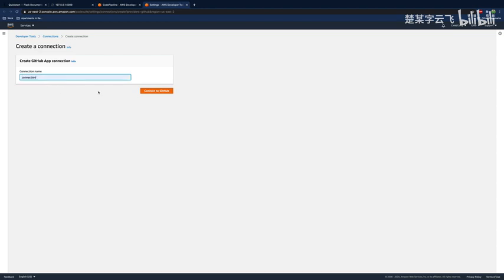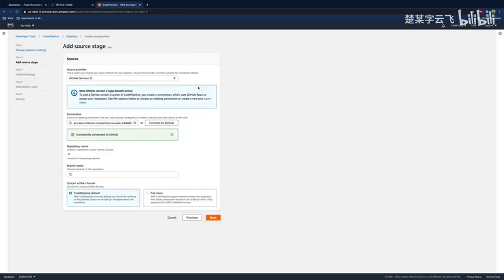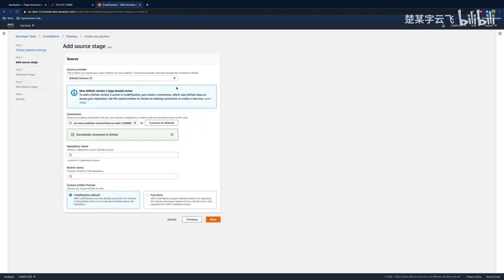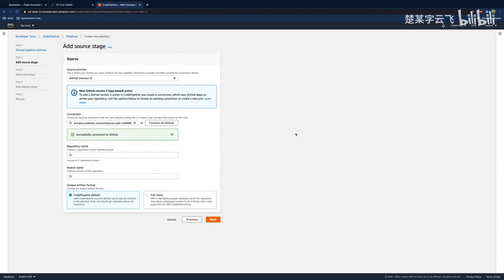Connection name, I don't know, connection, that sounds good. So yeah, you have to go through all these different processes. We're going to work with Caleb Curry, that's my GitHub account. And if this is your first time, you might get some pop-ups, so go ahead and just accept all the permissions. And then once you are here, you're just going to select the repository. Oh wait, we don't have a repository. We need to take our code from our local machine and get that up on GitHub,